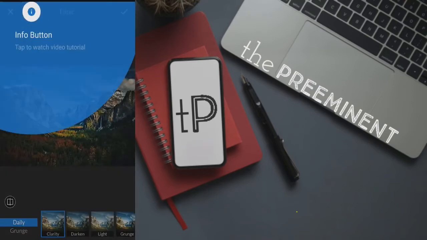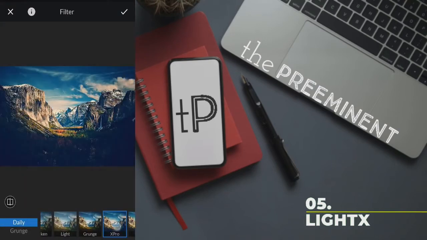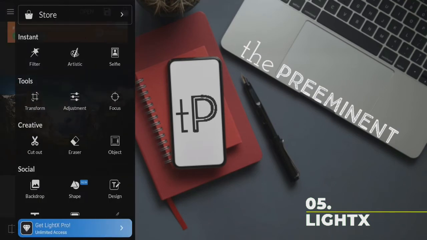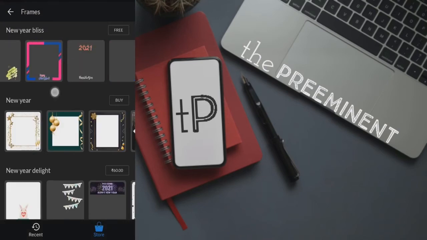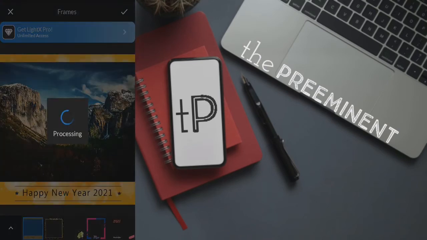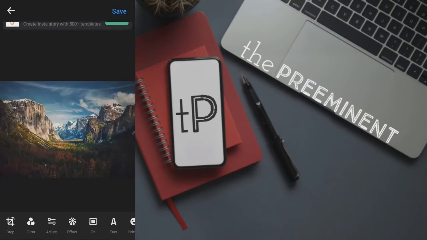Litex. There are quite a few decent features as well. It has a background changer tool, color splash effects and a range of slider tools like color balance, levels and curve. You can even merge photos together. There are also blur features, photo collages, shape manipulation and stickers. It's still in beta, that means there are bugs. However, it should eventually be among the top 5 or so photo editors out there.